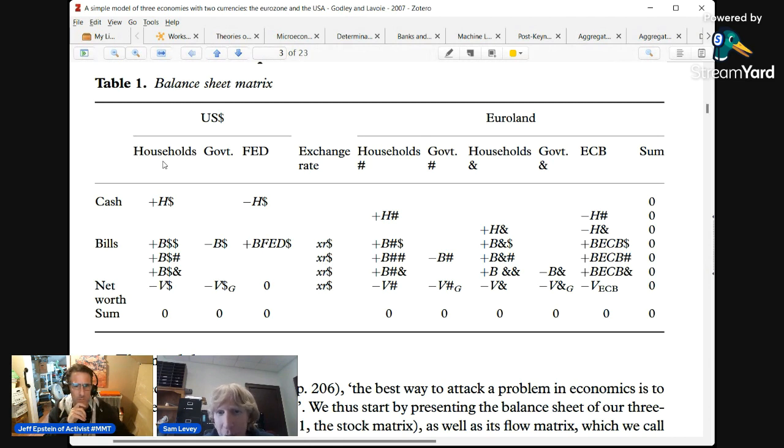And so the same way you could read equations off of the other table, you can read equations off this table too. If you do a column, you end up with an equation that describes the household balance sheet, which is like the households have money, and they have these 3 different kinds of bills. And then if you subtract their net worth, you get 0.